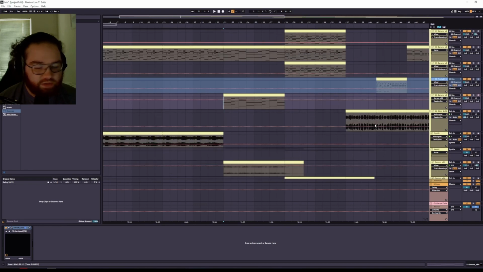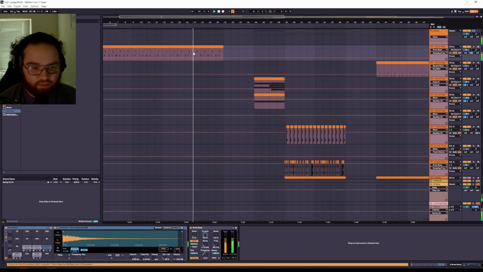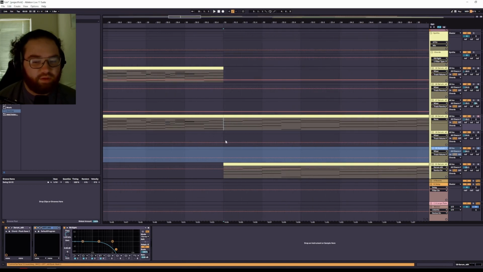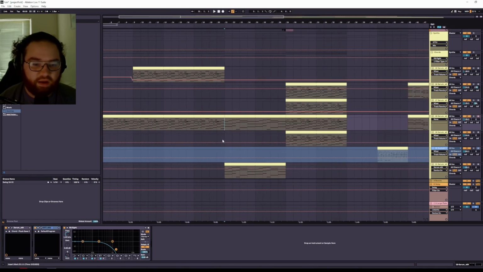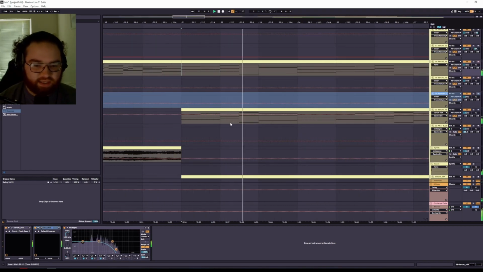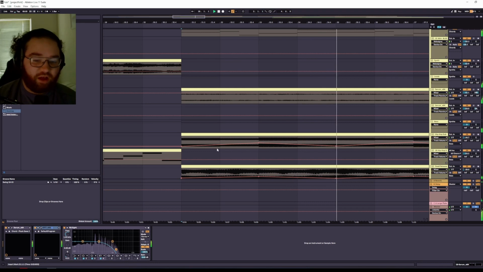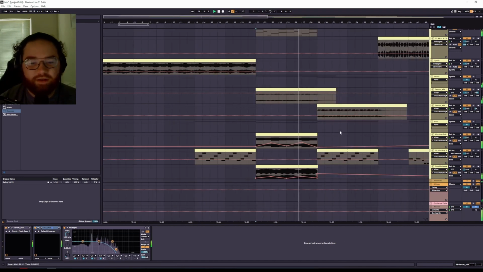So the first section's pretty simple. I added some drums with some delay, just to add some interesting textures. Then we had the build up. I wanted a pretty far departure from what we heard before, and I wanted it to be kind of a journey. So the main thing is these chords. It's like this ascending line, and it kind of descends, which also happens to follow the volume automation on the bass, which I find really interesting.